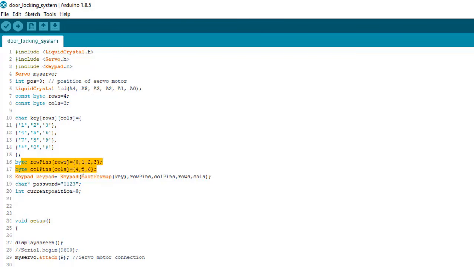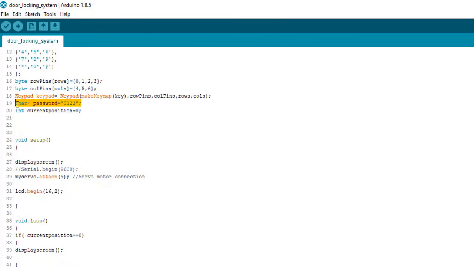You can see from 0 to 6 I had declared all for my keypad, and A0 to A5, that is all the analog pins are given to LCD display. Those are also GPIO pins which can be configured for LCD display as well. So after that I had mentioned my password. So here it is in a character variable.